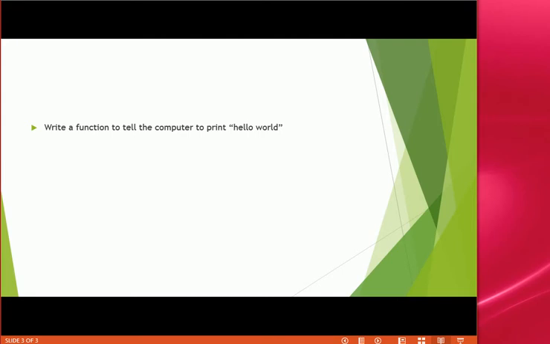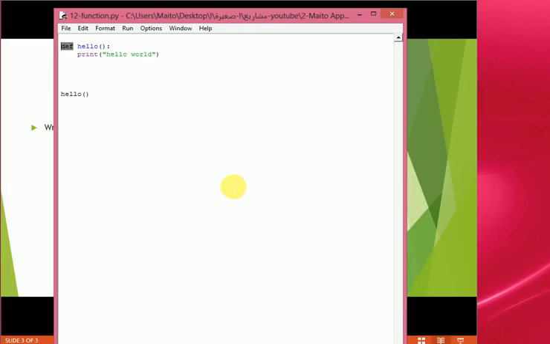Write a function to tell the computer to print hello world. After opening a new file, we are going to write the following code. To write